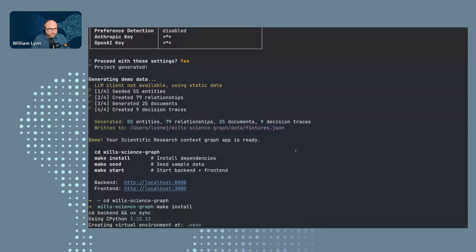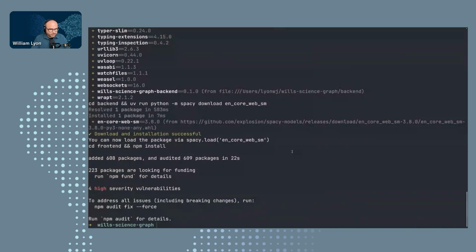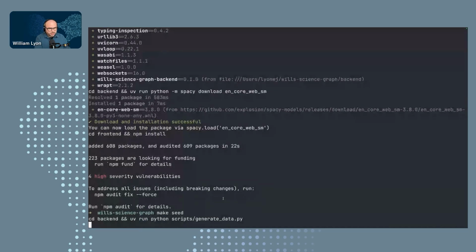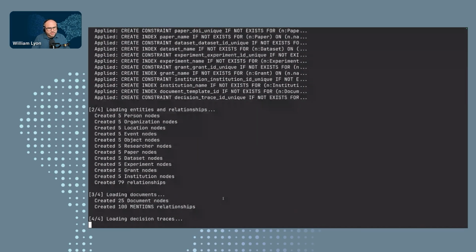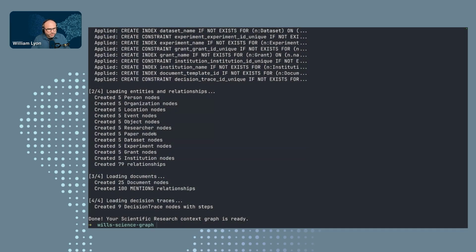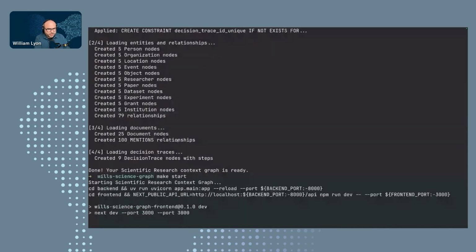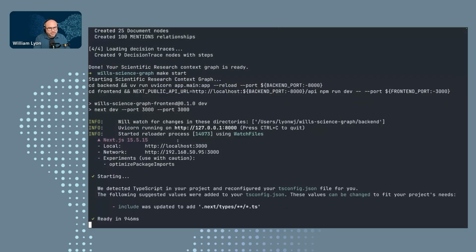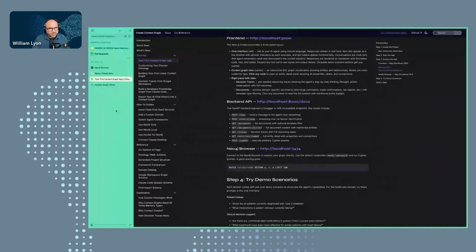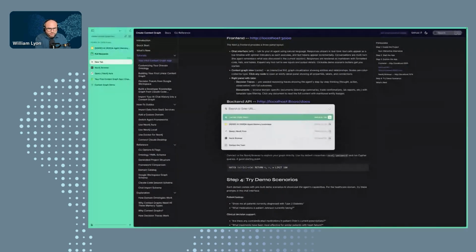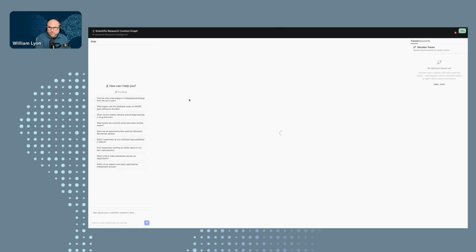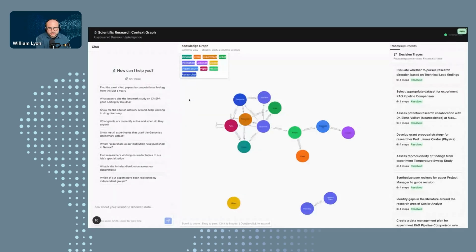seed our database. So we'll run make seed, and this is going to load some sample data into my database. And then finally, we can run make start, and this is going to run the back-end and the front-end application. So now if we go to localhost 3000 and zoom in a bit, we should see